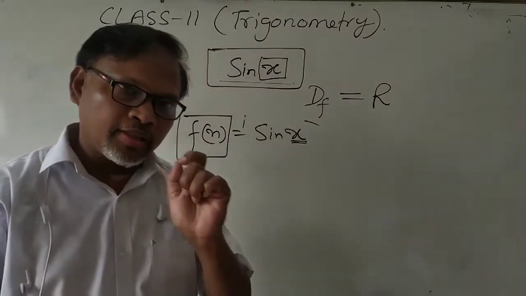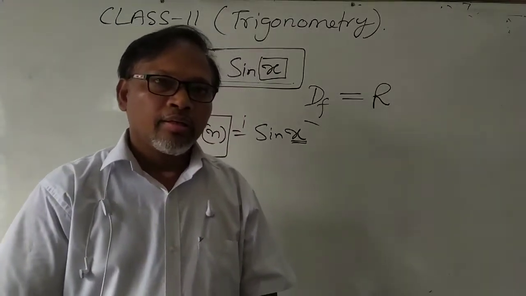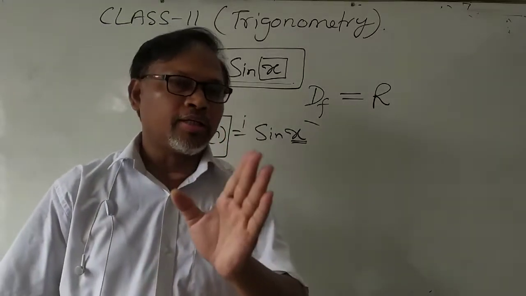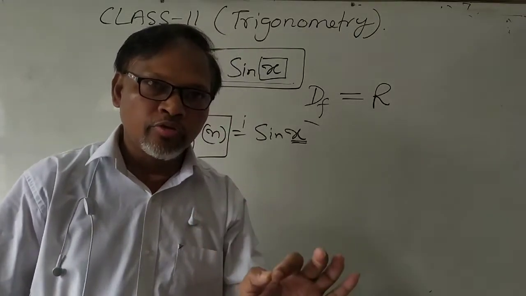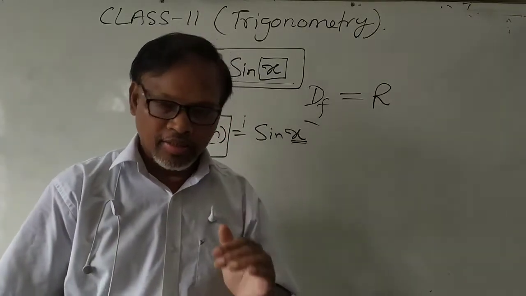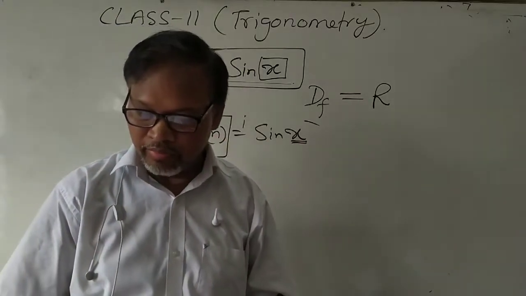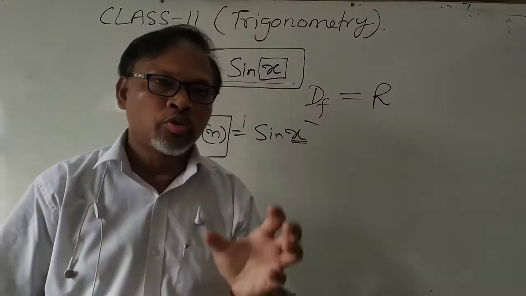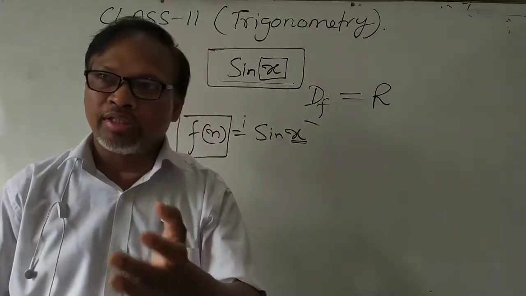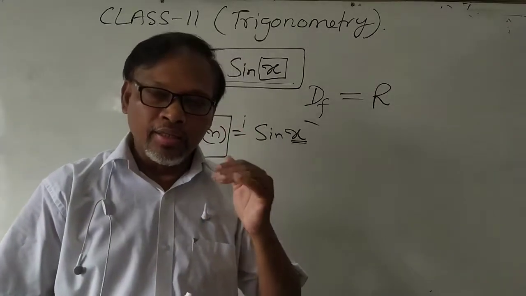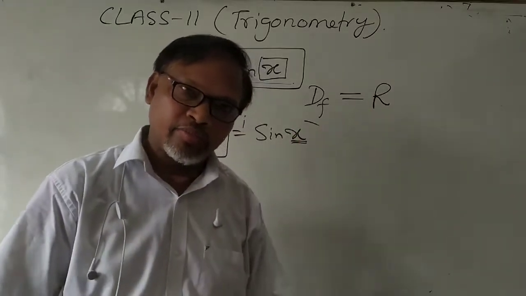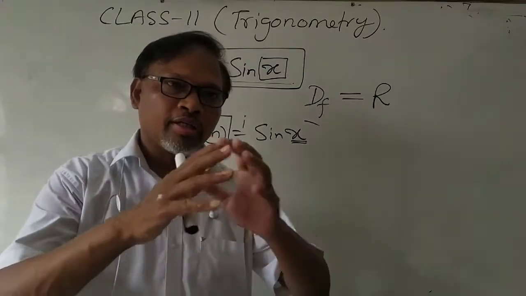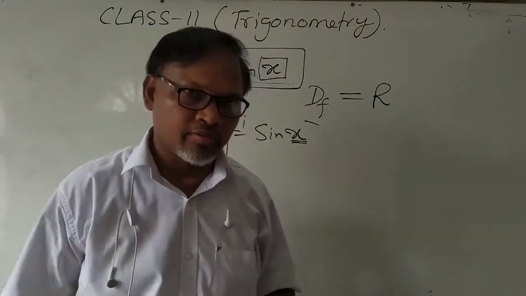In case of sine theta or sin x, if you see the table, then the minimum value and maximum value till class 10, you got 0 and 1. But in class 11, I will tell you also some other angles. You are not limited to only 5 types of angles: 0, 30, 45, 60 and 90. There are infinite angles, in the left direction means negative direction, and in the positive direction, so you can take negative angles and positive angles.